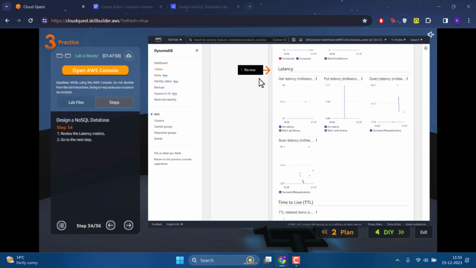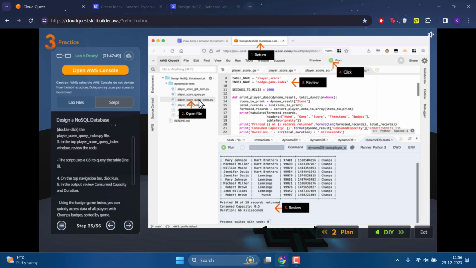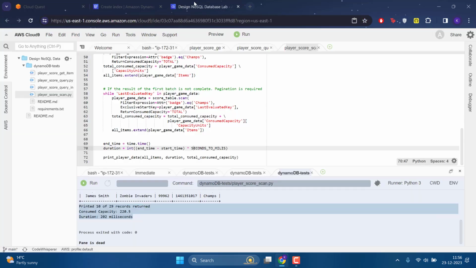And then what are they telling us? Go to review the latency, the time it took to run it, I guess. Obviously, which will be much faster. Now they want us to query the index that got created. And basically what they are telling us, see the time. It only took 0.5 seconds after creating the index. I think that's about it. So let's go back and do that.